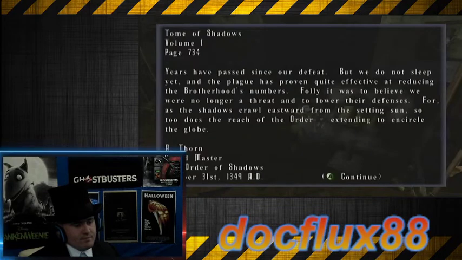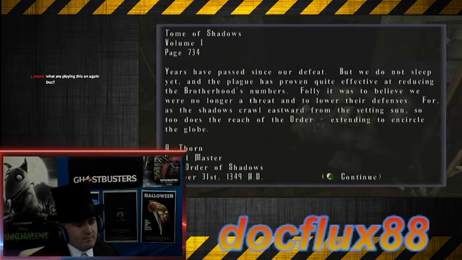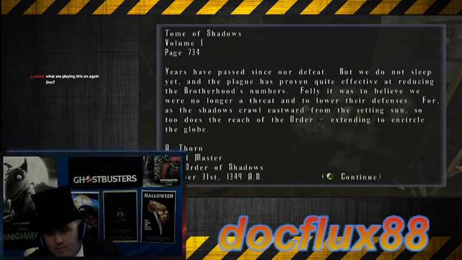Years have passed since our defeat, but we do not sleep yet, and the plague has proven quite effective at reducing the Brotherhood's numbers. Folly it was to believe we were no longer a threat and to lower their defenses. For as the shadows crawl eastward from the setting sun...